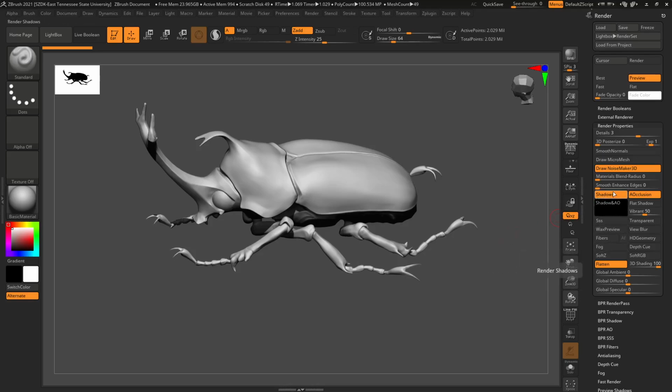And now, all of these sections, there's a few things that might be useful in the future, but not today. Like surface scatter, wax preview, view blur, and something like that. So now, if you look